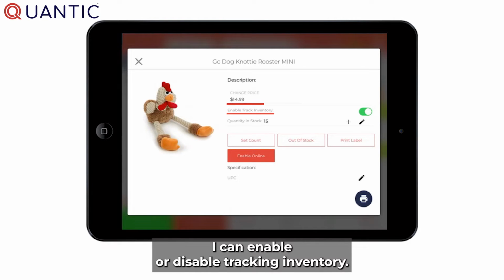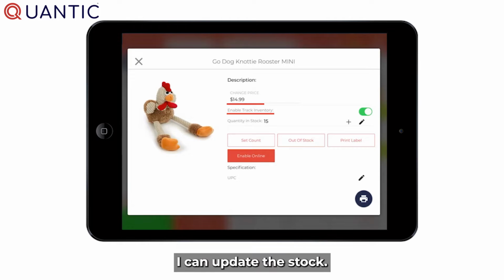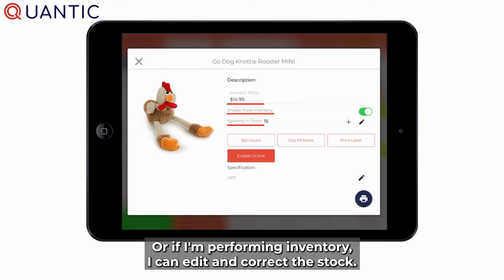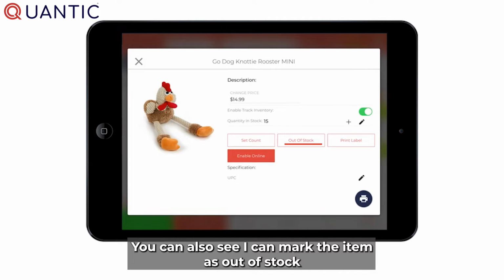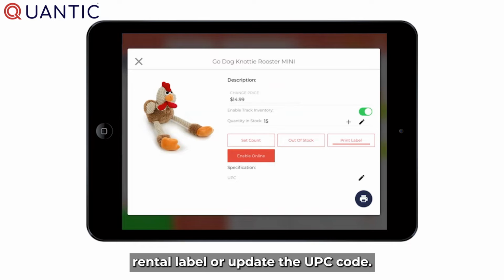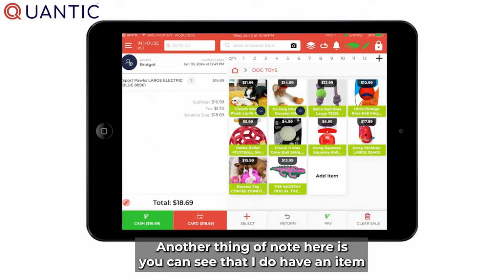I can enable and disable tracking inventory. I can update the stock, or if I'm performing inventory, I can edit and correct the stock. You can also see I can mark the item as out of stock, print a label, or update the UPC code. Another thing of note here is you can see that I do have an item rung in on my